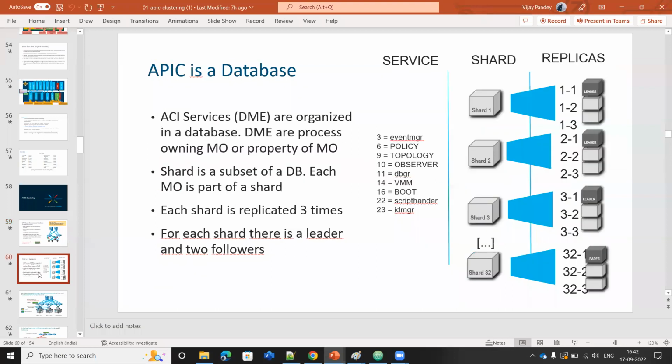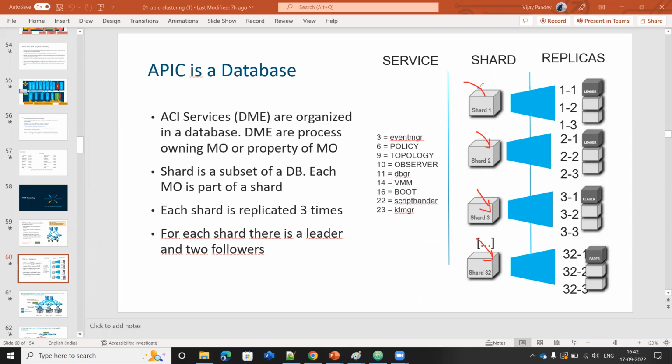Let's go for next. How do the APICs share or form the replica? How is the APIC database maintained, right? This is a very famous question. How is the APIC database maintained? Because there are three APICs. The first question is, do these APICs work as active, or do they work as active-standby? How do they work? I would say that all the APICs will work as active